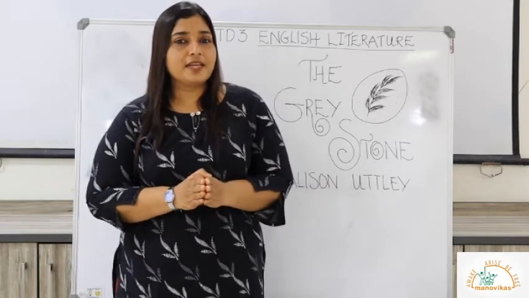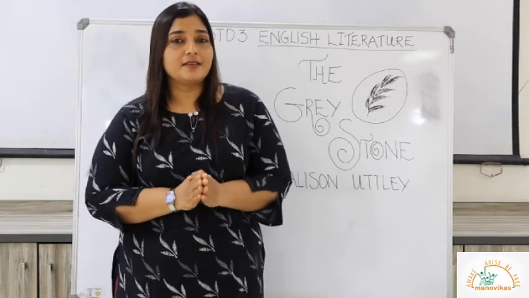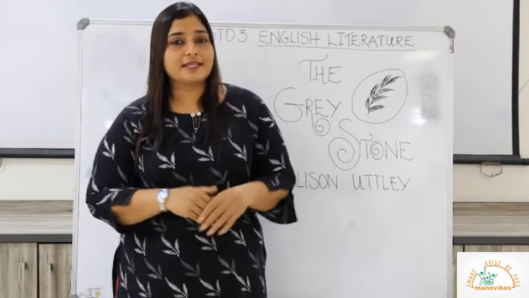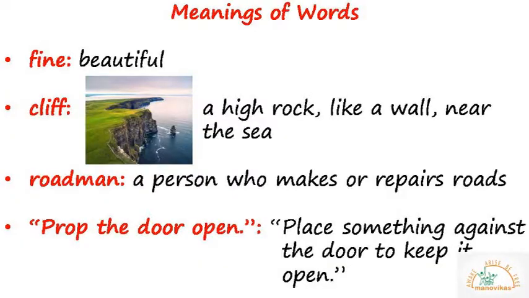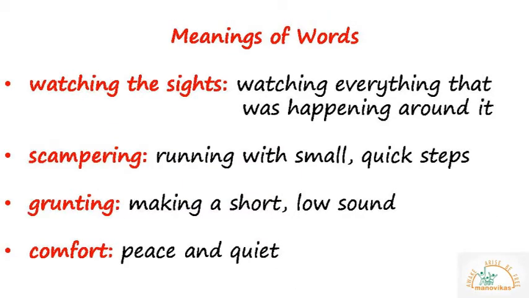But before we begin reading the lesson, let's discuss the new words that you will come across in the lesson to help you understand the lesson better. Meanings of words: fine, beautiful; cliff, a high rock like a wall near the sea; roadman, a person who makes or repairs roads; prop the door open, place something against the door to keep it open; watching the sights, watching